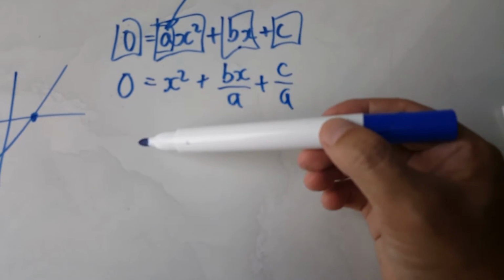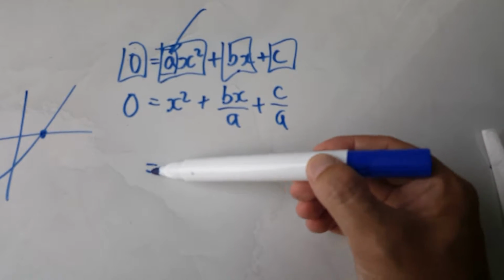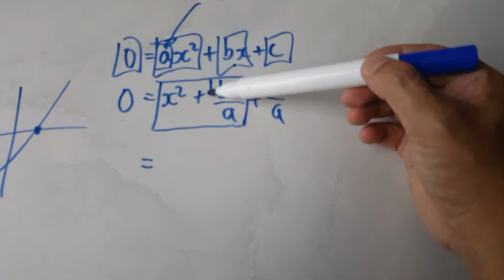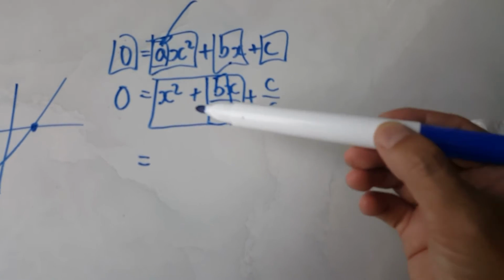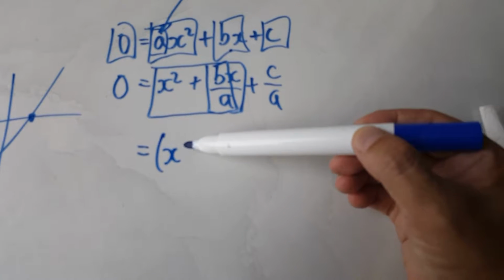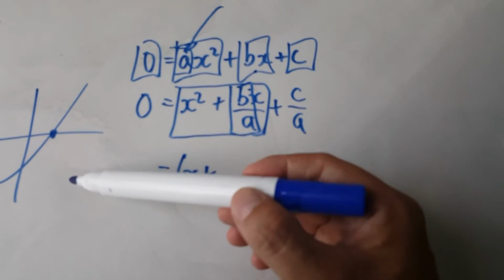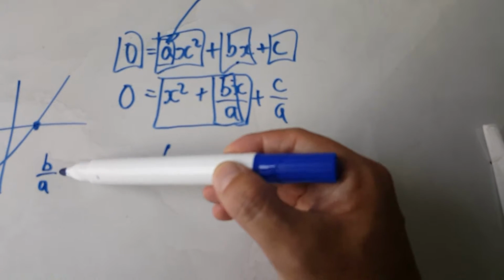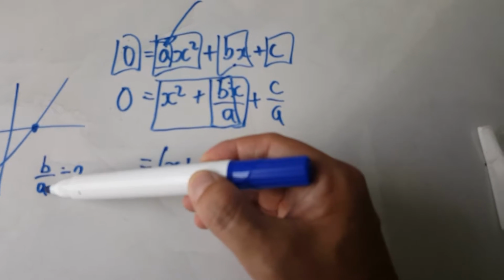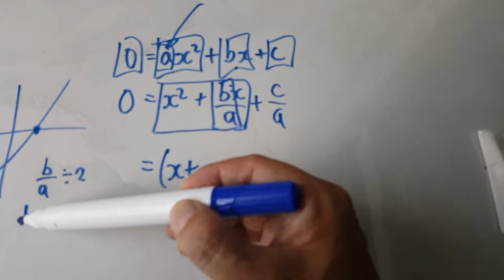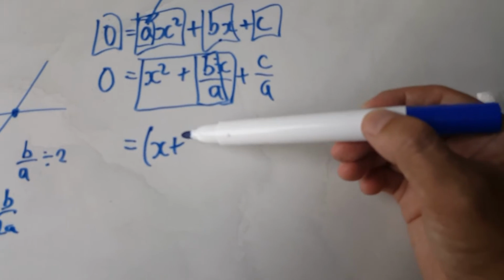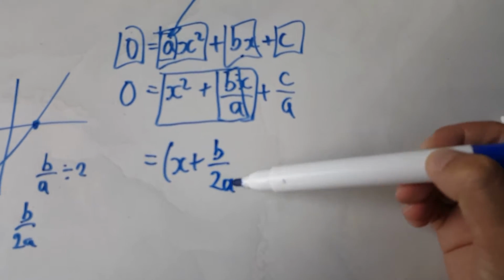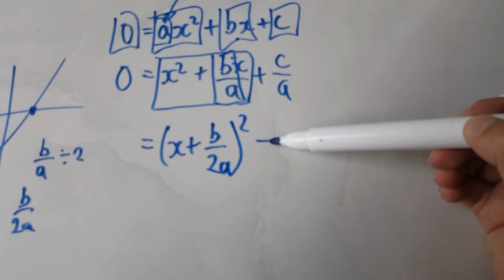And now complete the square on this. You're right to zoom into these two terms. It's always half of this coefficient here. So it's going to be x plus half of the coefficient. Well, let's look at the coefficient. If you want half of this, then you divide it by 2, so the 2 gets multiplied to the bottom. So half of that will be b over 2a. So it would be b over 2a and then squared,